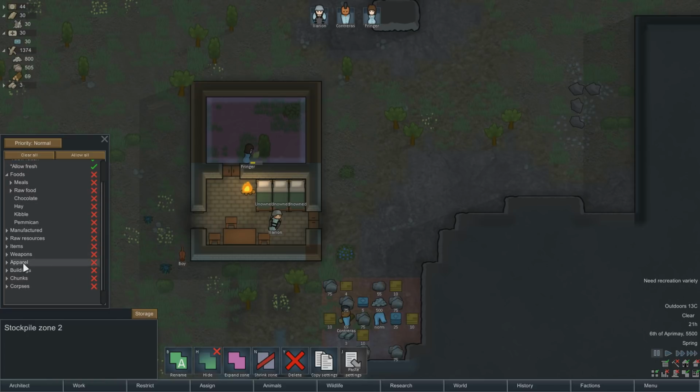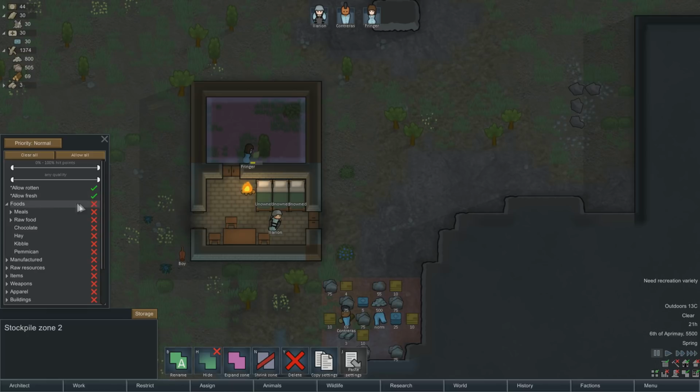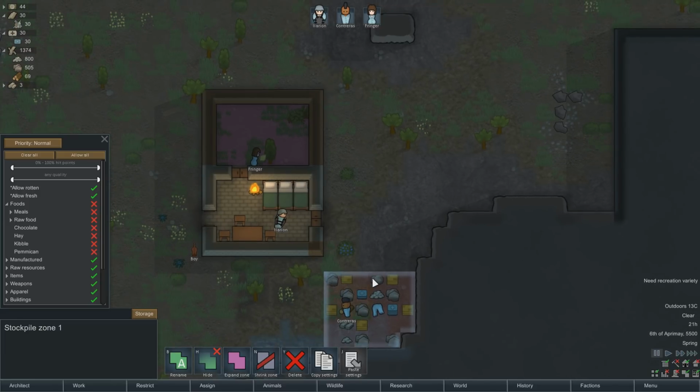Okay, so let's clear everything. However, we want to allow foods. You can be a lot more granular and specific, and we'll probably come on to that in due course, but for now we want all the foods in here. But more importantly, we want to remove foods from being out here, because out here they deteriorate, so we untick that. So what's going to happen now is that all the foods will be moved from here into here,